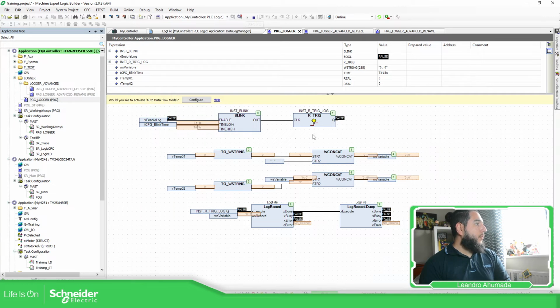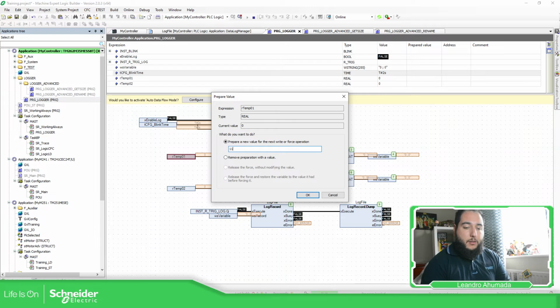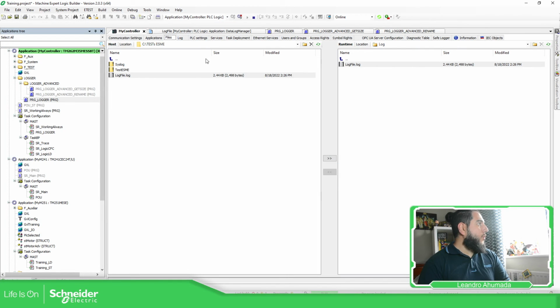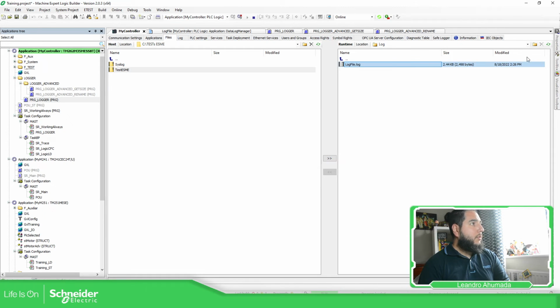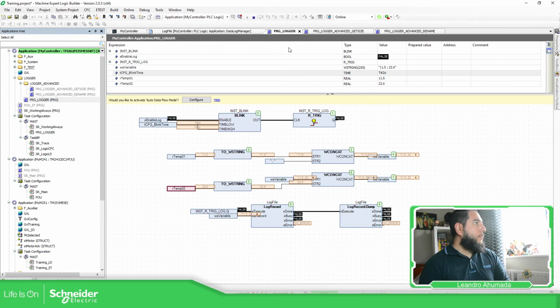So now this one, I'm going to reduce this to 2 seconds, and let's put this in 11.5, 22.6. Save this information over here. What I'm going to do is delete this data because it's wrong, it wasn't what I want. I'm going to delete this one also. Okay, and now what I'm going to do is execute the login. So if I execute this,